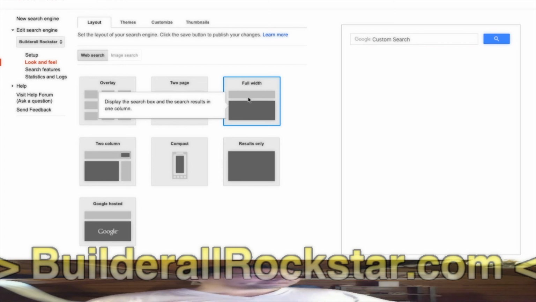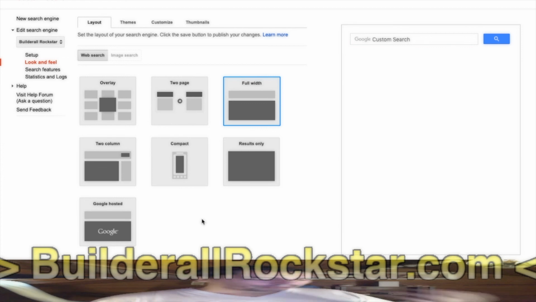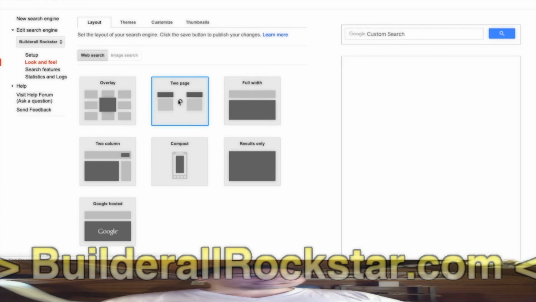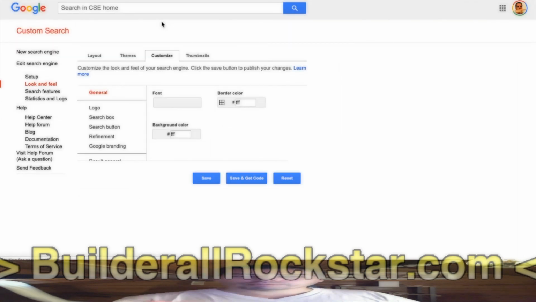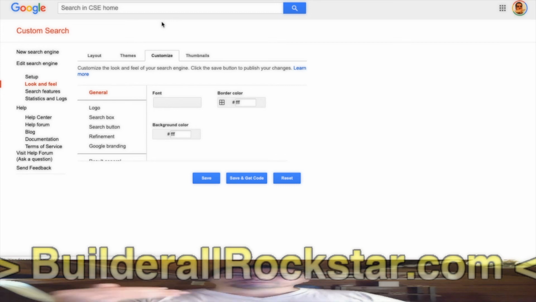You know what I mean? All those are just ways you can use your custom search engine. It's not set in stone, like if you customize the colors, yes, they will be the same everywhere you use the search results code.